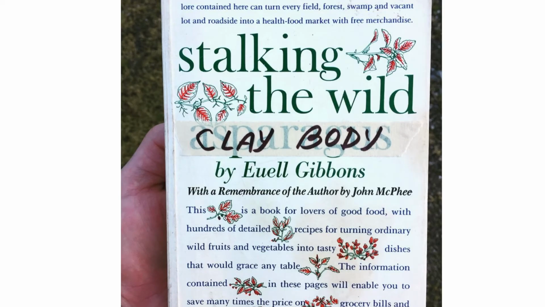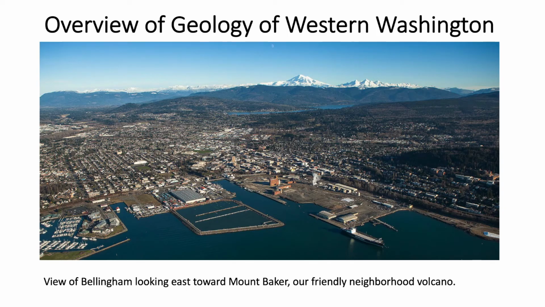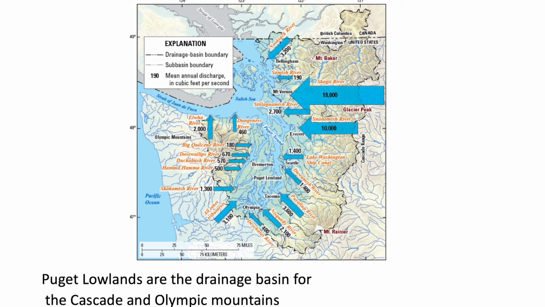In previous videos, I've talked pretty broadly about the formation of clay and different types of clay and sedimentation. In this lecture, I'd like to talk a little bit more specifically about where you could find clay in our region. Here in Bellingham, in this picture, you can see looking east, we have the Cascade Range dominated by Mount Baker in this image. If you look to the west, we have